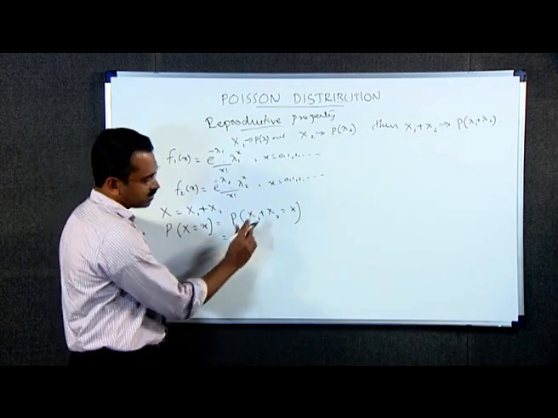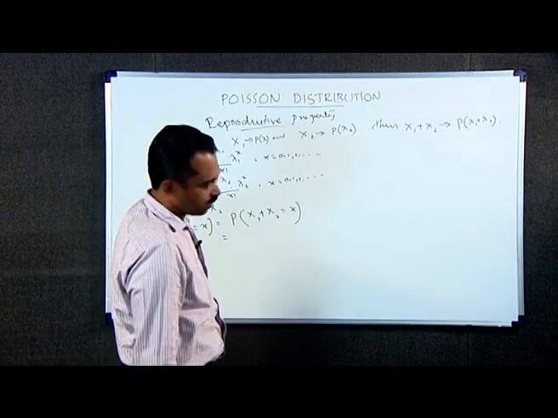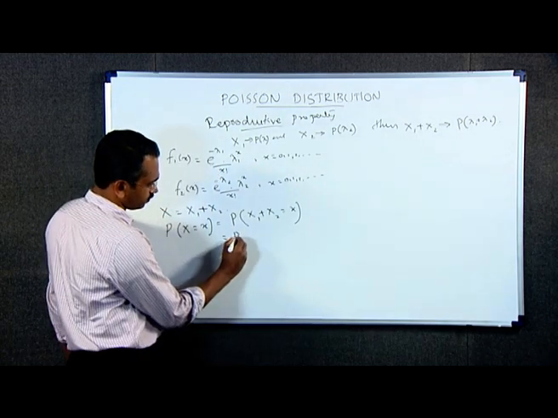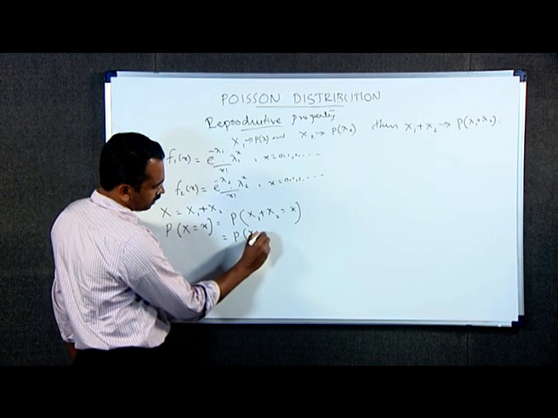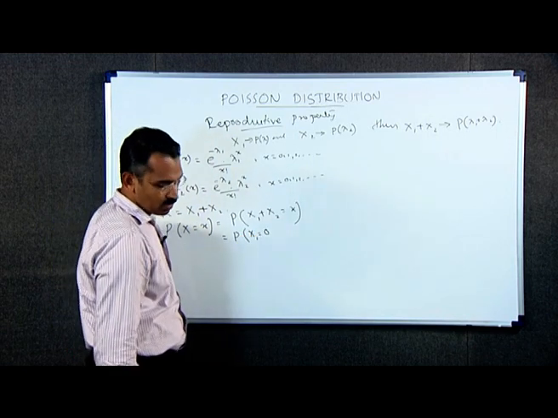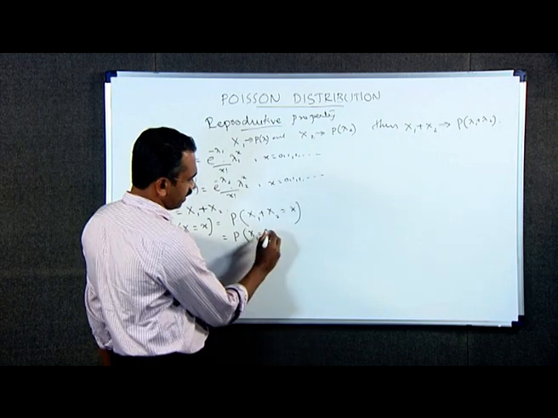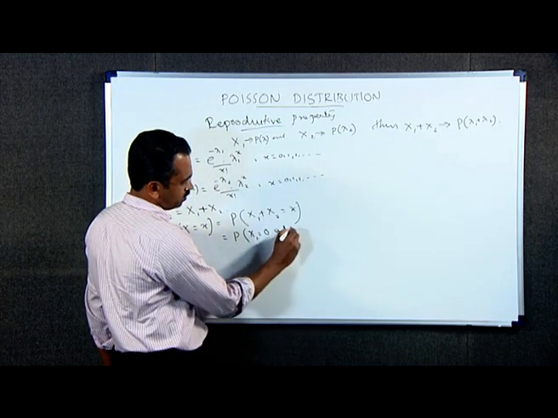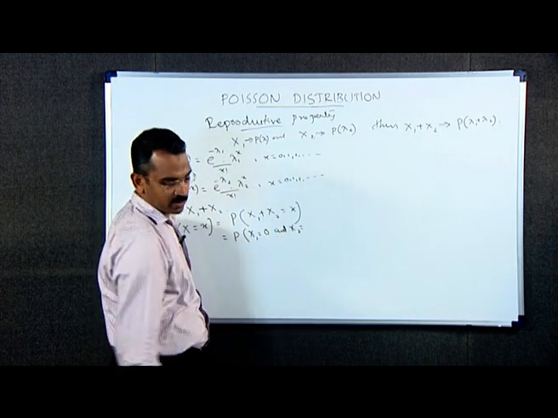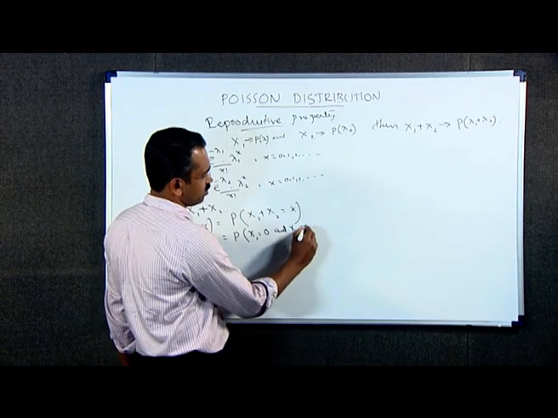This can be written as probability of x1 equal to 0 and x2 is equal to x minus 0, that is x2 equal to x,